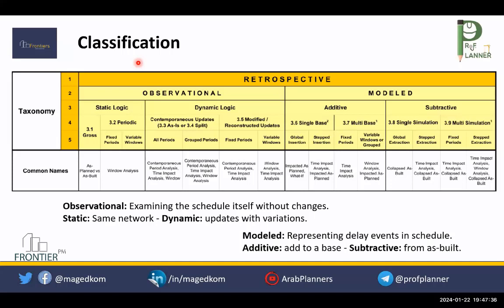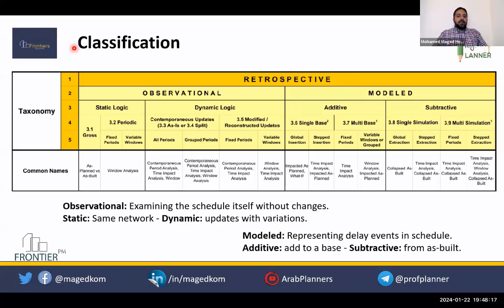Thank you for that briefing on delay classifications. If I need to analyze and track delays as activities on the critical path, to take an indicator that this project will be delayed at the end, under which common names can I find that type of delay analysis?